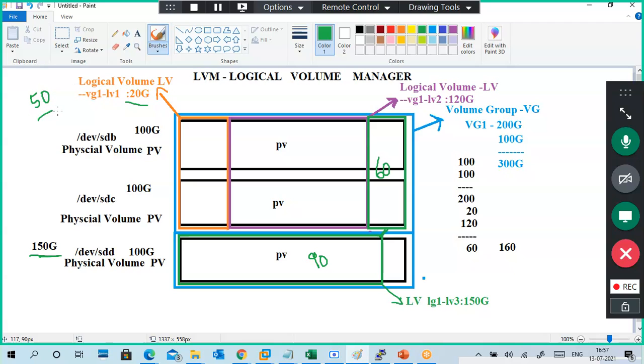So make sure that you have available space in your volume group, or add extra physical volumes if required, so that the volume group size increases and we can extend this 20 GB to 50 GB if space is available. That is called LV extend. So we can extend the volume also.